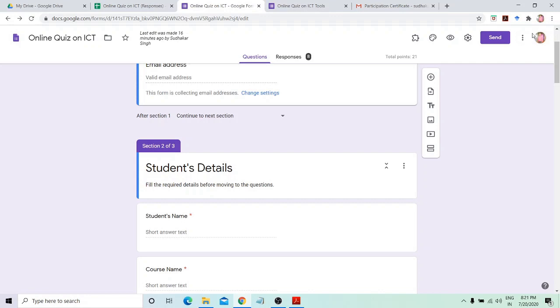You have to simply install it from here, provide some template, or you can customize some template, do some settings, and after that everyone who submit the quiz will get the certificate automatically. Thank you.